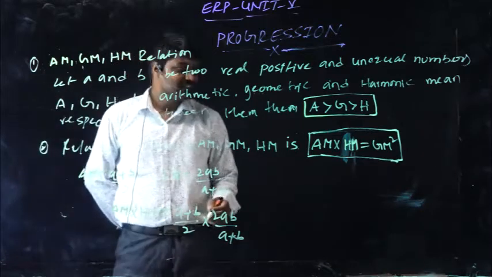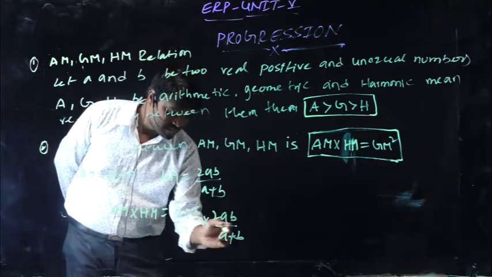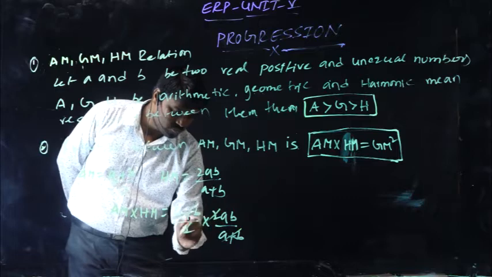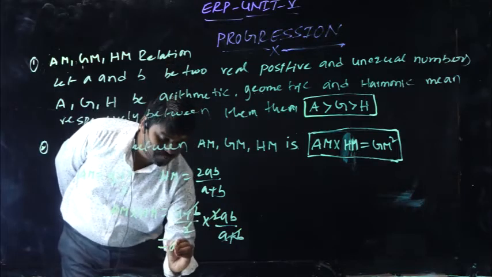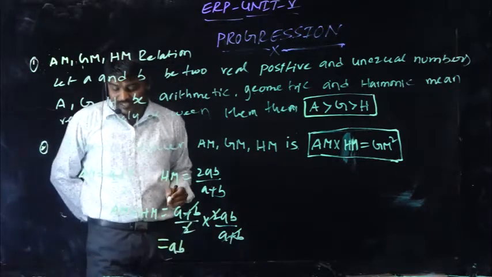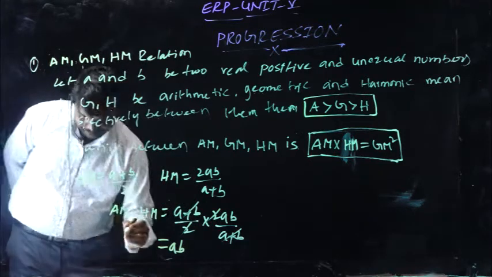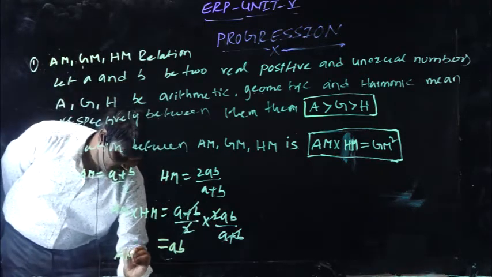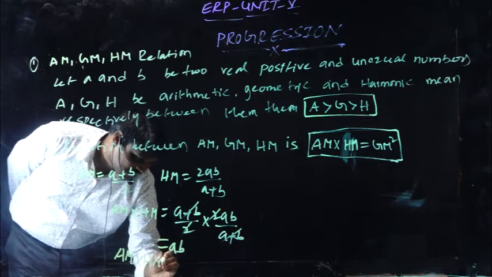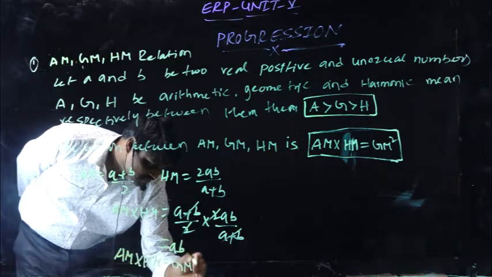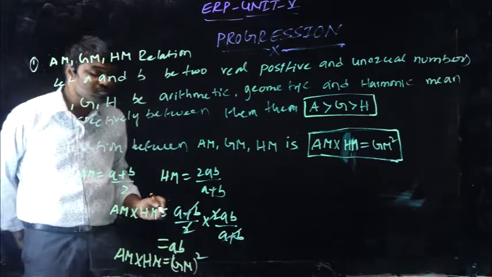Here a plus b cancels, 2 cancels, that is ab. That means arithmetic mean into harmonic mean equal to GM square,